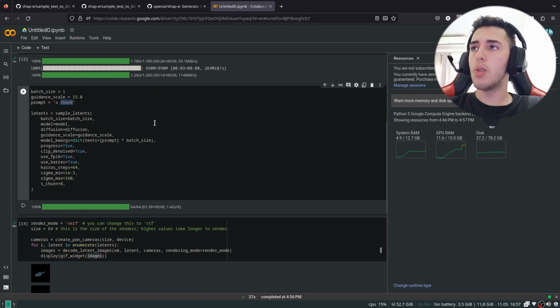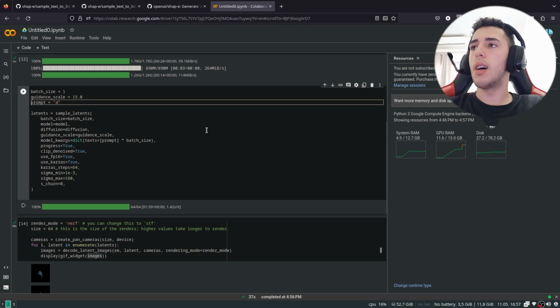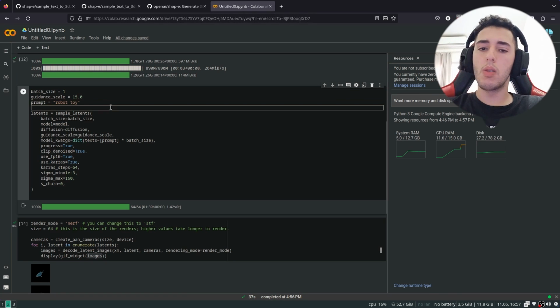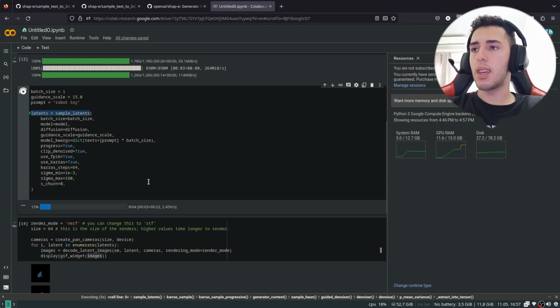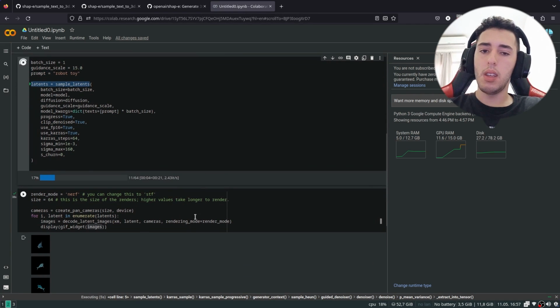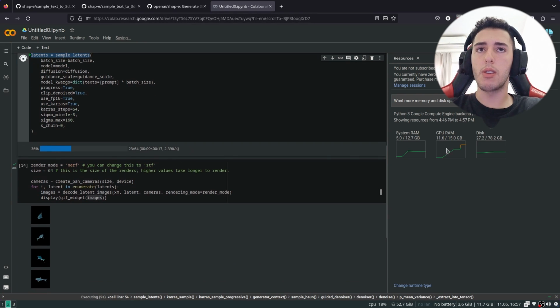Okay, so let's try with a robot toy. Let's try to generate a robot to see if it works. So let's get the prompt and run the latents again. It will take some time to run, but it actually runs pretty quickly.